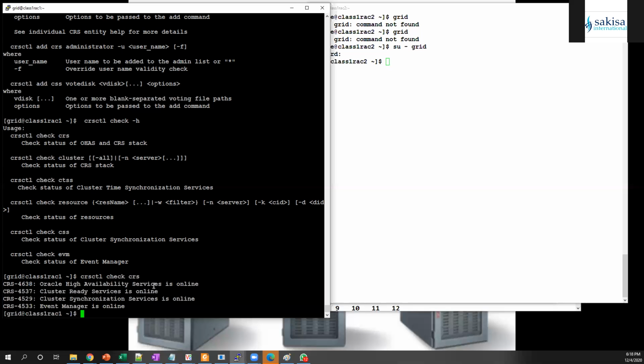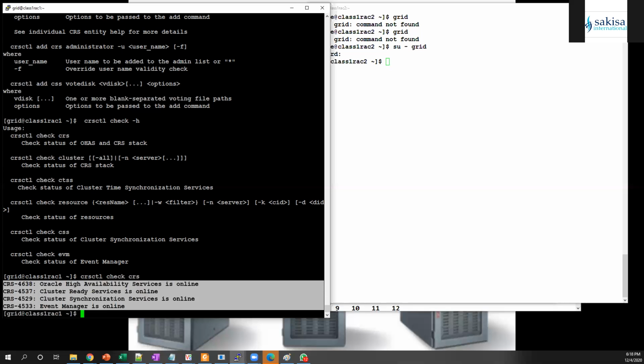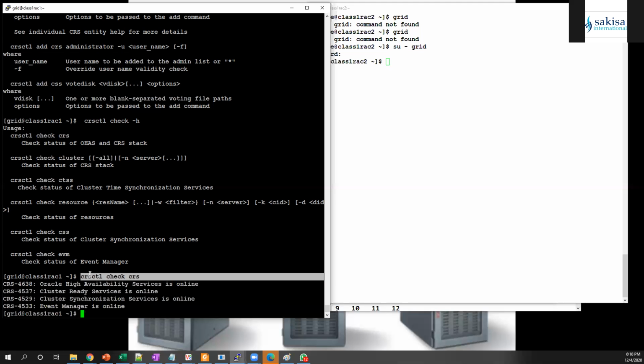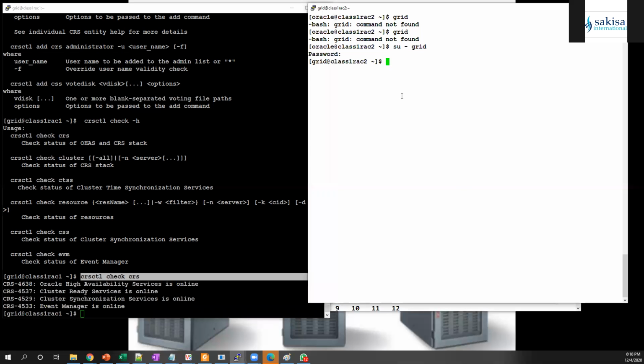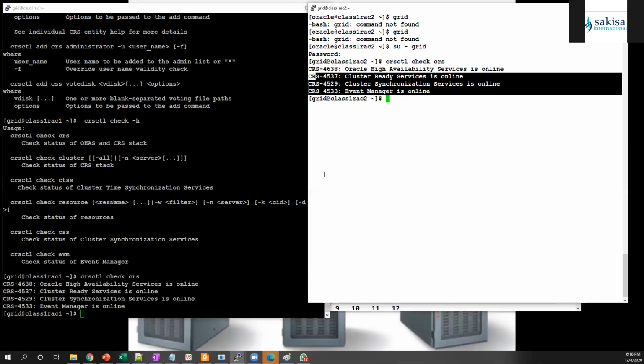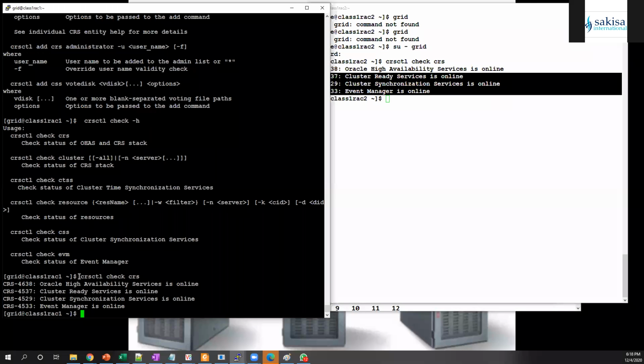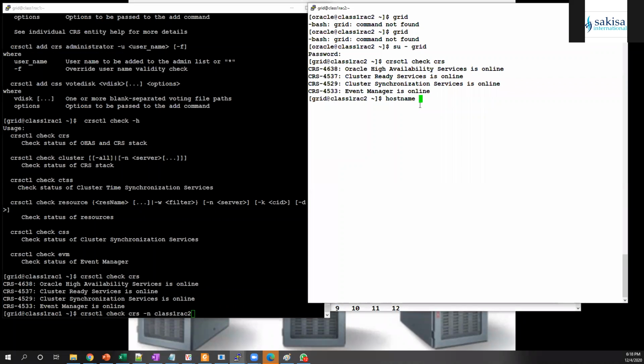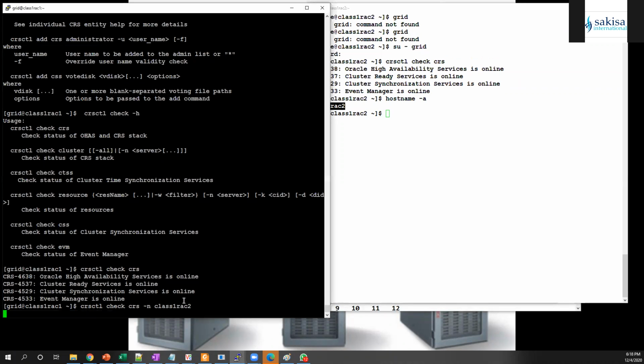So if I want to know the cluster resources status on node 2, I can do that either from here or from node 2 itself. If I don't want to waste my time logging into node 2, I can check it from node 1. So I can just issue the same command, but now I put -n and I put node 2. Node 2 is class1rac2, right? If I type hostname -a, it is class1rac2. So when I do this,